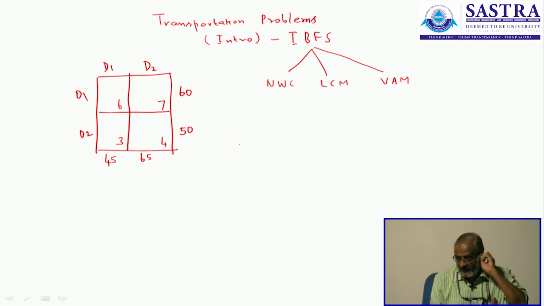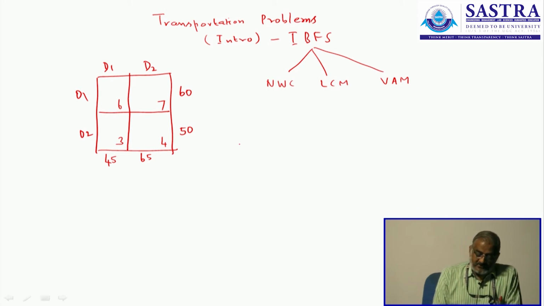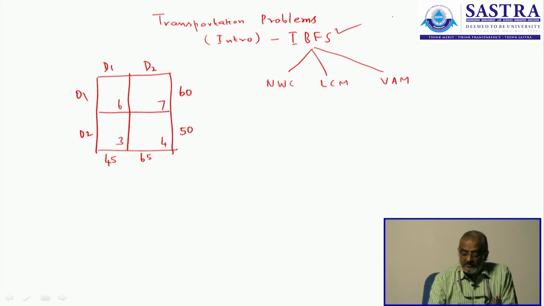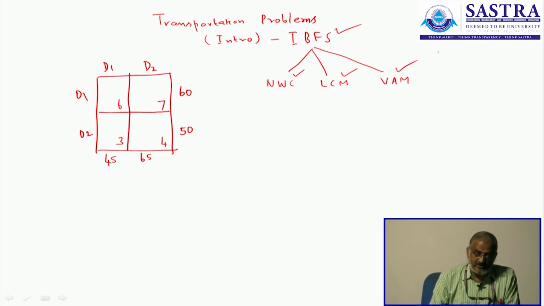Define transportation problem. Further, the answer is this. Now let us solve this small transportation problem for finding the initial basic feasible solution. The initial basic feasible solution may be calculated from the northwest corner rule, second the least cost method, third Vogel's approximation method, and each method has its own merits and demerits, which we will see later.